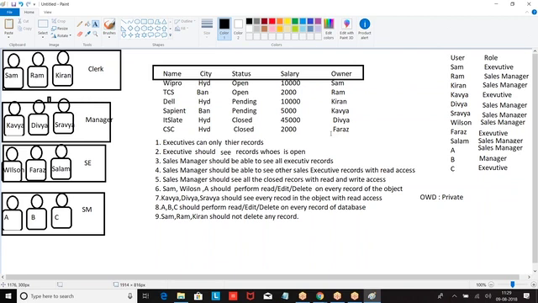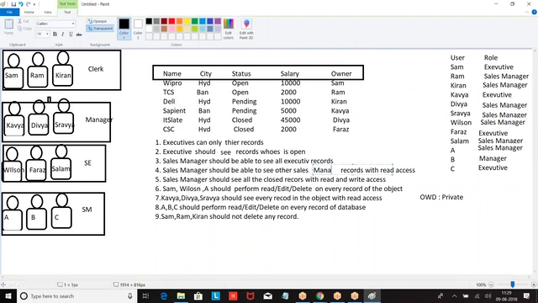Sales manager should be able to see all other sales manager data. How will you do this? People who are at the same level cannot see each other's data. I can only see subordinate data. I am a manager, you are a manager. You cannot see my data, I cannot see your data.